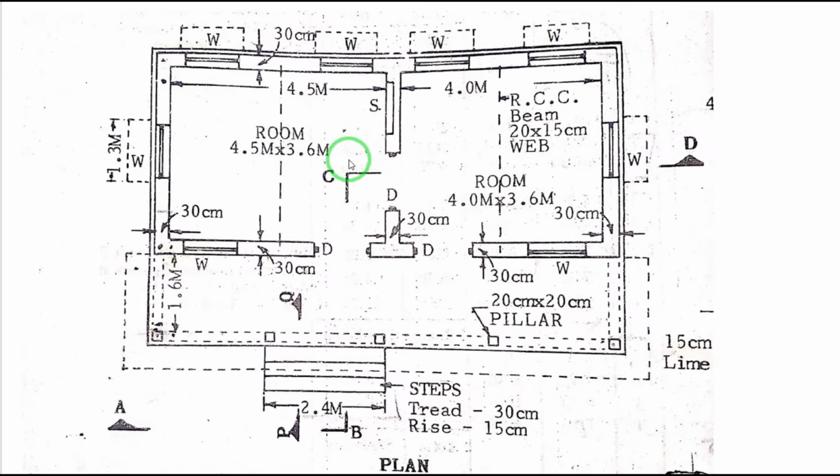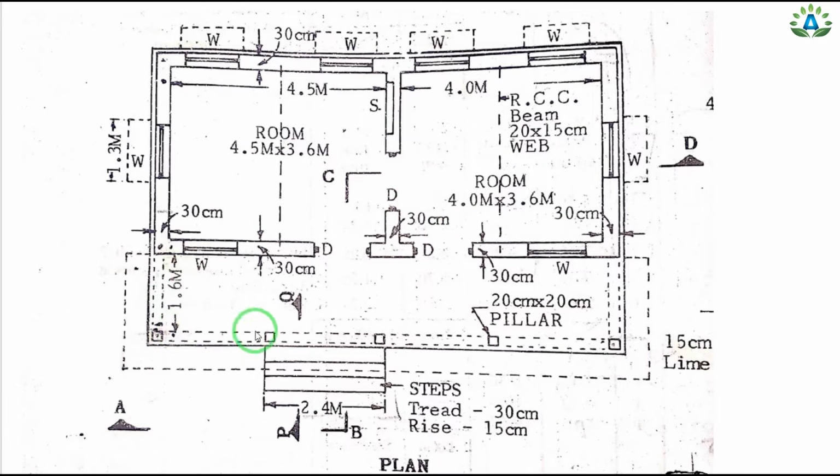Today we are going to do the estimation of the two-room building having a veranda portion, and today we are going to do it by the centerline method. We have these rooms having the size of 4.5, that is horizontal length, and 3.6 vertical length of this room, and similarly this room has a size of 4 meter into 3.6 meter, that is 4 meter is our horizontal length and 3.6 meter is our vertical length, and these main walls are of thickness 30 centimeter or 0.3 meter,